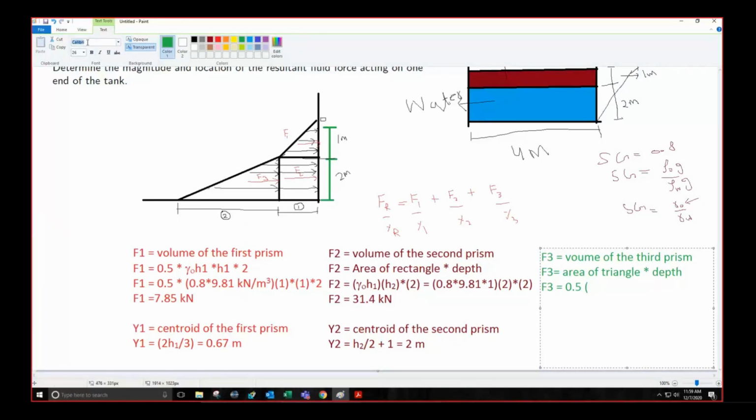Sir half, multiplied by gamma of water into H2. This is the base multiply by the height, which is again H2 multiply by the depth, which is 2 meters. ठीक है,